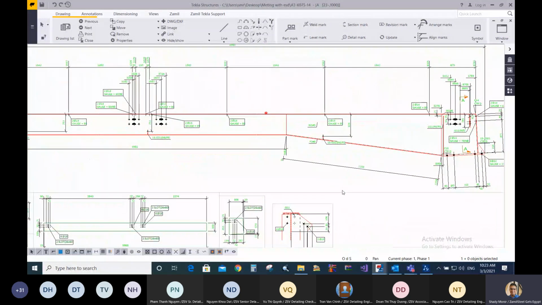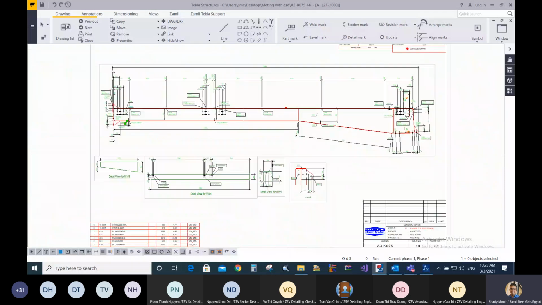And feel free, as I told you before, if you want to increase the scale, it will be clearer than this situation also. But I think even in this situation, it's clear enough for the shop to start fabrication. So from my point of view,